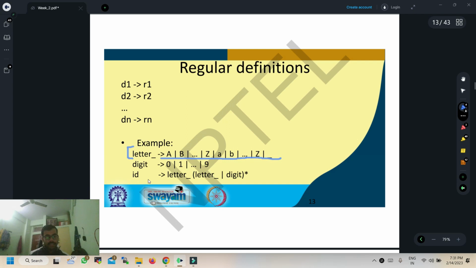Then ID, or identifier, is letter underscore followed by letter, underscore or digit, and then star. It is telling that there will be some letter or underscore, and then 0 or more occurrences of letter, underscore or digit, and that will be recognized as an ID token by the compiler. Okay,